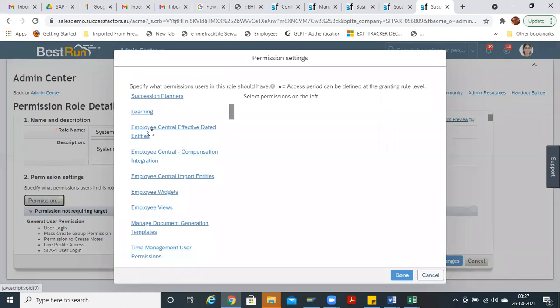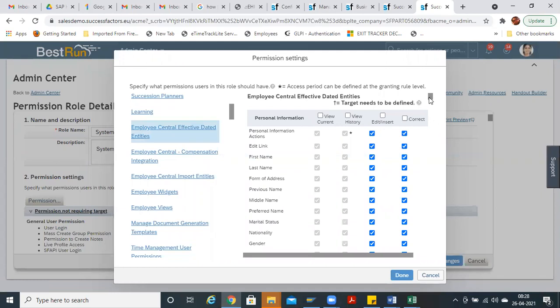Just remember what all configuration you are doing and what you have to categorize. First, you have created the objects and made them secure under MDF foundation objects. You have given the permission over here. Now you have to include those newly created MDF objects under the organizational information as a sub department. Then you go to manage business configuration and create a new field under employee central effective dated fields. All employee central fields come under employee central effective dated field. Now you just click here and search for sub department.